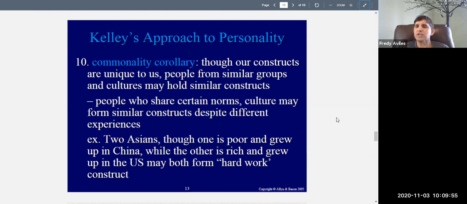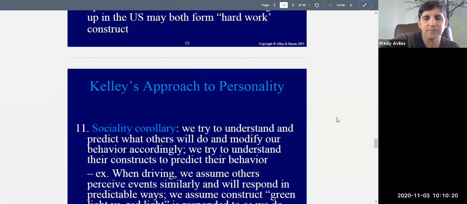It basically means that because we have things in common with other groups, we may also hold similar constructs or believe in similar things. Just like two people who are Republicans are going to have some similar beliefs about some things, whereas two people who are Democrats are going to have different similar beliefs. That's what that means. When we share certain things in common, we also probably share common thoughts, common predictions, common